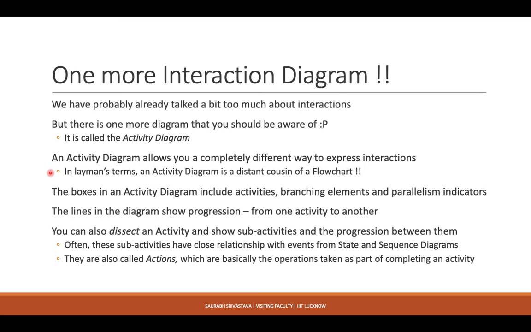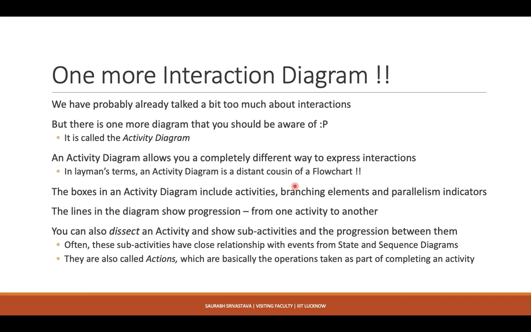So you can say, for example, that I have 5 use cases in my system, so there are 5 activity diagrams, each explaining from the perspective of real world operations what exactly this use case is going to do. So the boxes in an activity diagram are usually activities. These are real world operations, and there are some branching elements and some parallelism indicators, because certain events, in the real world, might happen in parallel, and there are certain events